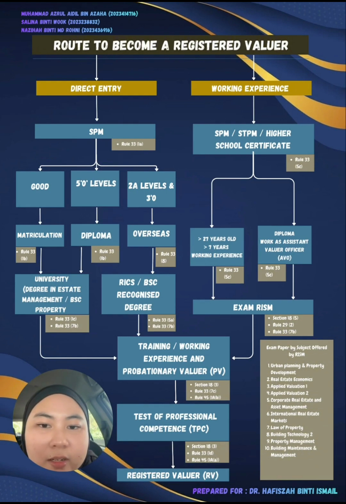In addition, RISM also offers professional examinations for candidates with working experience, including graduate entry and Part 3 examination.